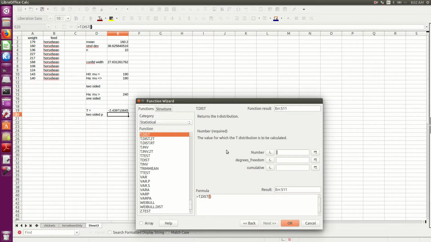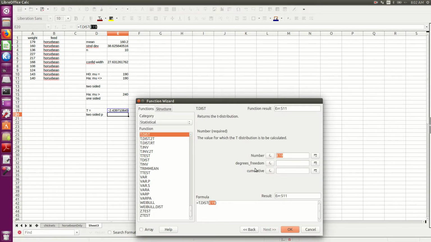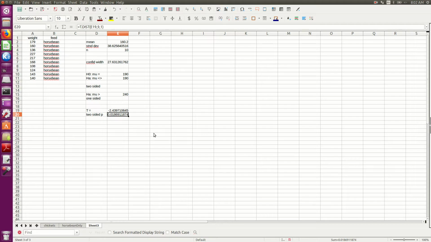And so the number, that's our t value. Okay, we have that. Degrees of freedom. Now, I didn't put that anywhere, so I can just look and see that that's 9. And then cumulative, we want to use cumulative, so 1 for that, and we say OK,